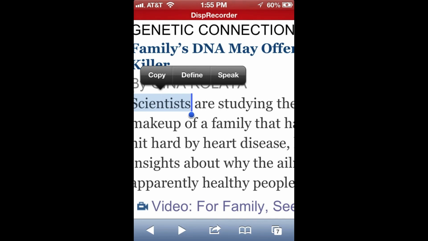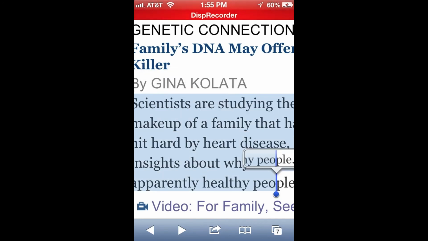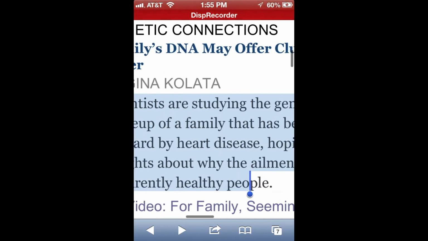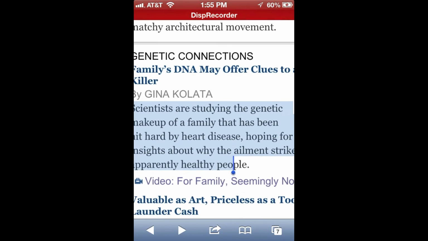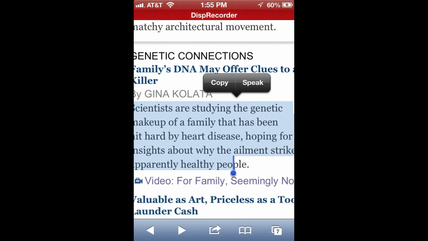I love that. I'm actually going to select more text though, and you'll notice not only do I see that little copy button, I also see the speak button, and when I touch that button after highlighting text,